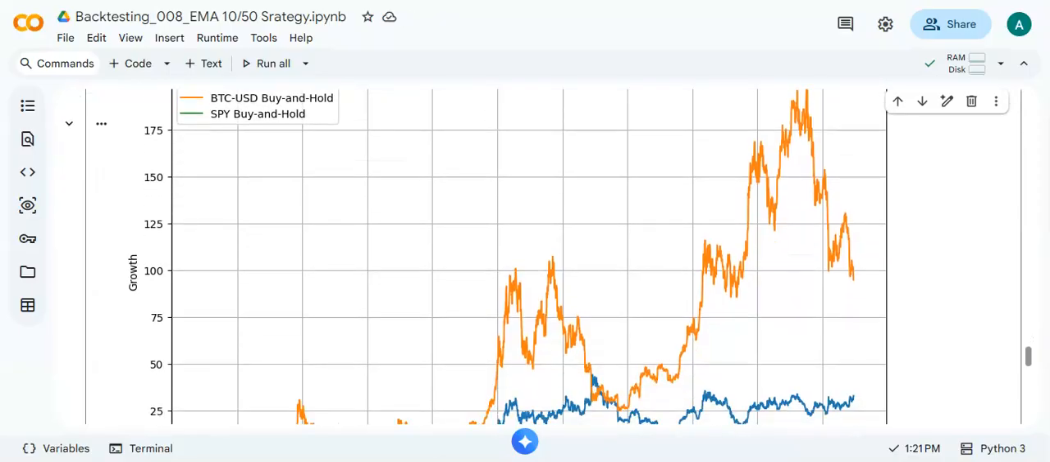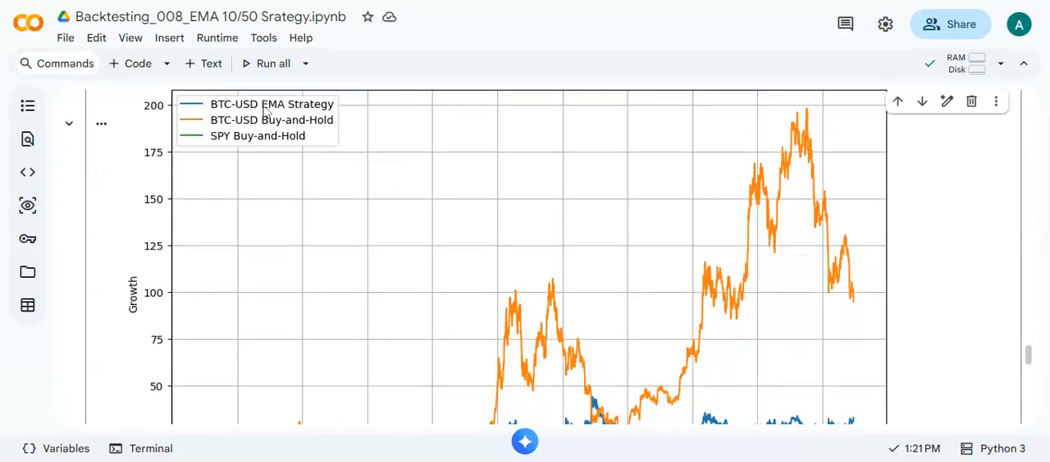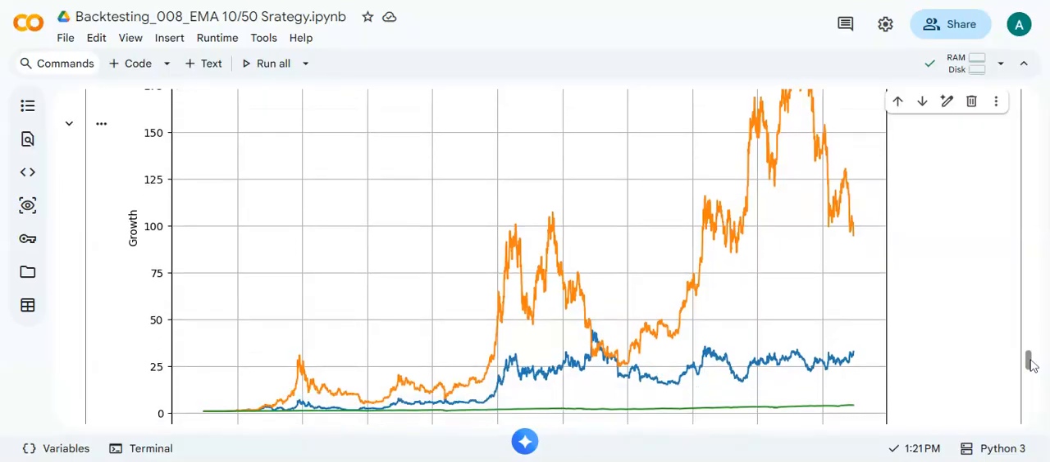And now, as you can see here, for example, the blue line is the exponential moving average strategy of 10 to 50 for Bitcoin. Now I'll show it a bit later. Now, the orange line is the Bitcoin USD buy and hold strategy, meaning that we buy Bitcoin and hold it for 10 years. And the green line is actually the S&P 500 buy and hold strategy. Yeah, when we buy and hold for 10 years. So what we see here